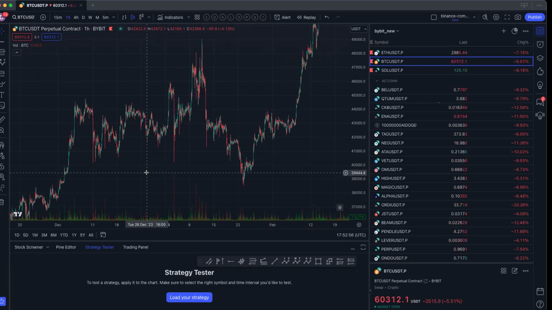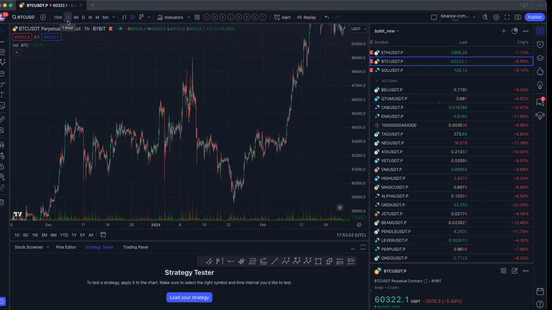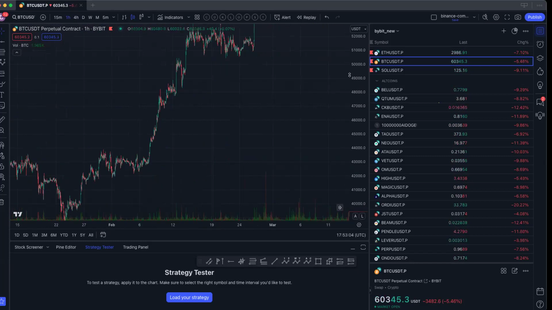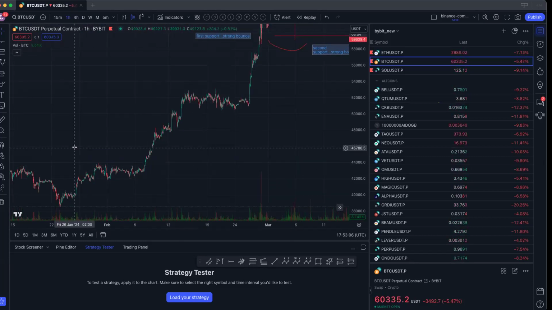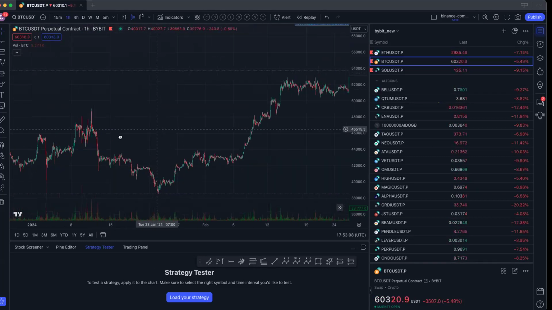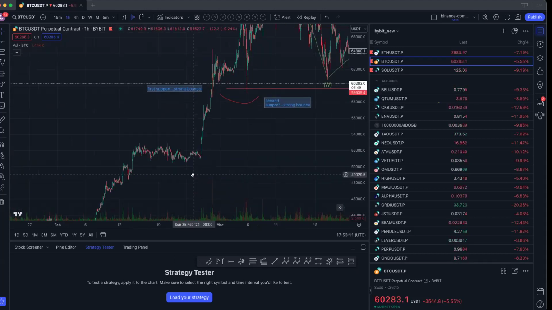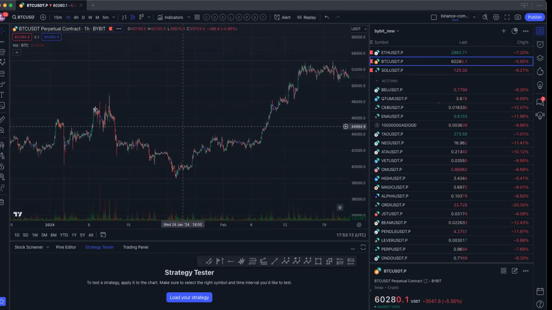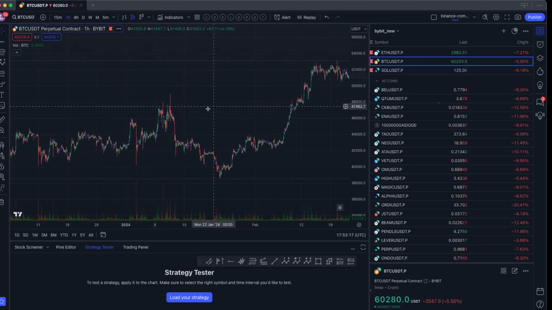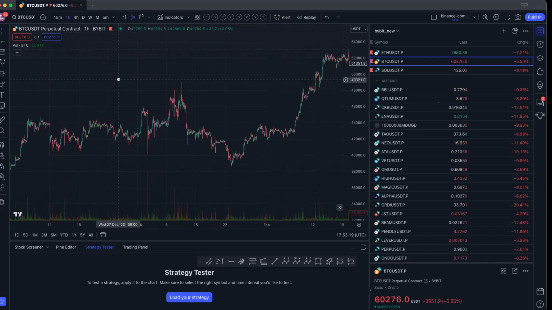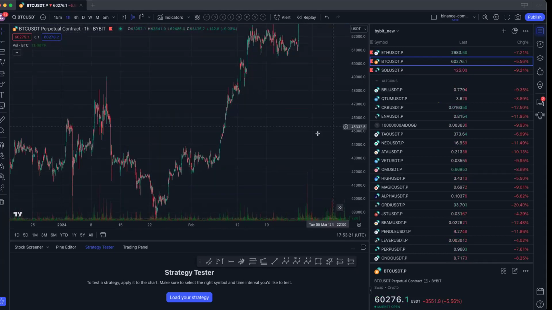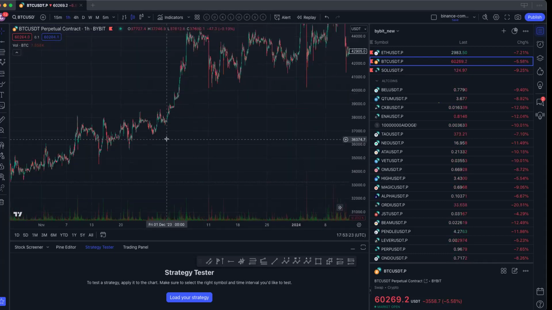Now, this is not scalping. I am on the 1 hour time frame. You need to check on which time frame you want to trade. Now I explain to you about the 1 hour time frame, but it's up to you whether you want to trade on the 1 hour or 15 minute or any time frame. Now I am explaining on the 1 hour time frame. Now let's say